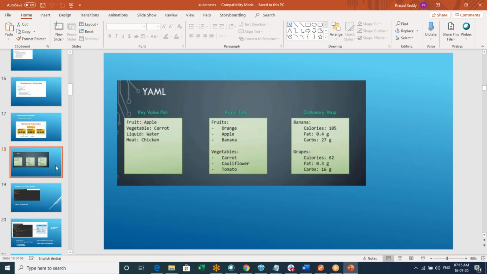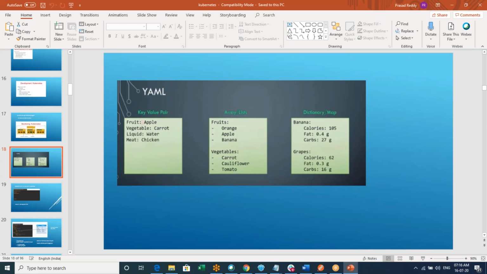You can see here fruits: orange, apple, banana. In vegetables, carrot, cauliflower, tomato. In a list, we have a hyphen for each item. It is not indentation related. Whenever we say list, you divide the items with hyphens.